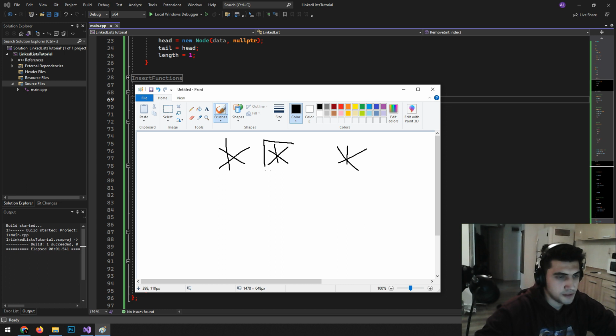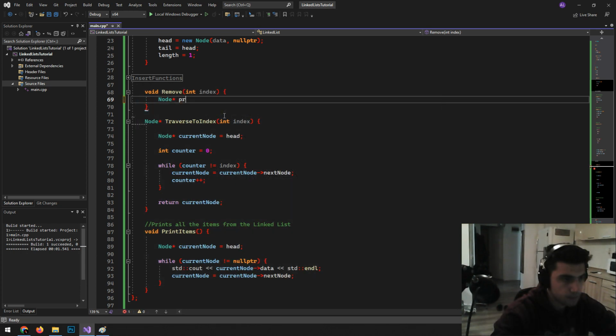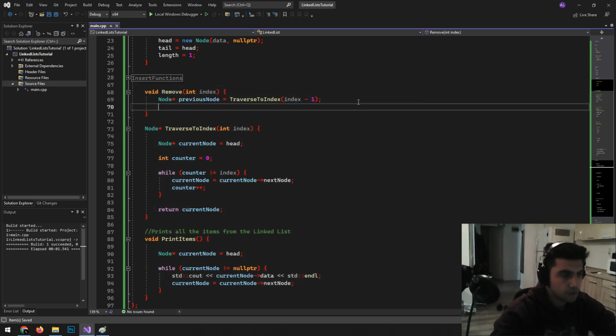Let's say we want to remove this node, right? So this guy points to this guy, points to this guy, and this guy points to... So what we have to do when we delete this guy is we must make this guy point towards this guy, the previous node, which we're going to traverse to index, again, index minus 1, because we want to grab this guy. What we should do, we want to go node,